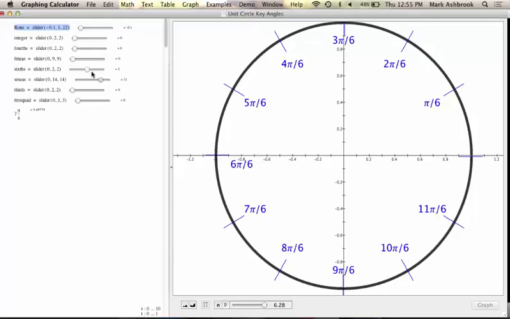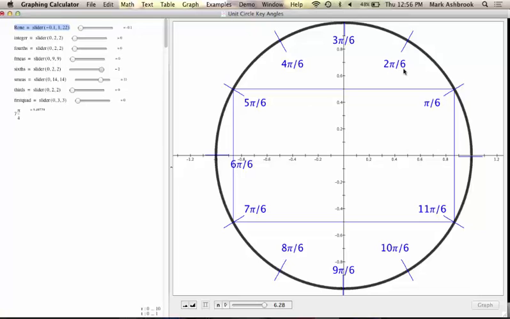Where's that? 6. So these 4 can't be simplified anymore. So these stay with 6 in the denominator. So pi over 6, 5 pi over 6, 7 pi over 6, and 11 pi over 6. Okay, but the others there,